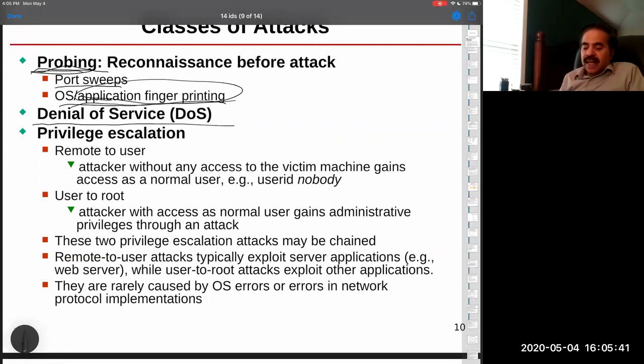So a general class of attack is denial of service, right? Denial of service doesn't really help the attacker directly. What it does is it makes the target service unavailable, which means that the victim business is taken out, or it's not able to serve its customers. And so that's the goal. This denial of service is often used in conjunction with ransoms.